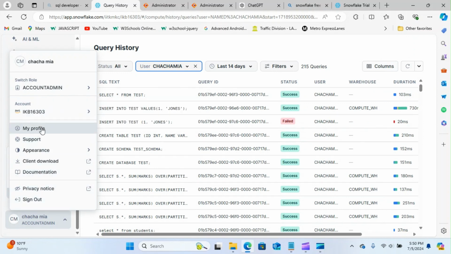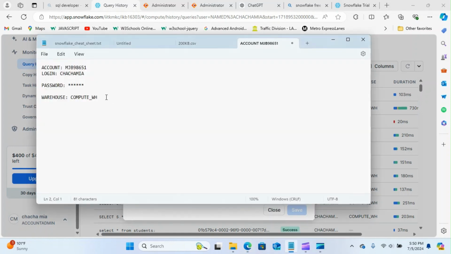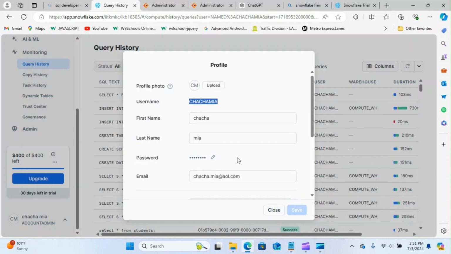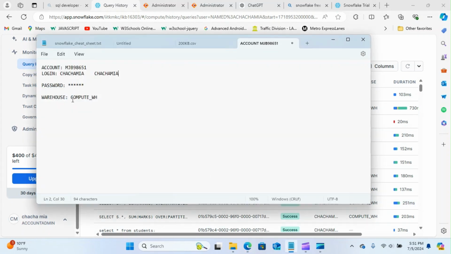You're going to go to the profile, my profile, and then this is your username. You need this one, so copy this one. You're going to copy yours actually, and then you paste it over here. And password, this is your password. So you take your password, and then you put the password here like this, and then for warehouse, you're going to write compute warehouse